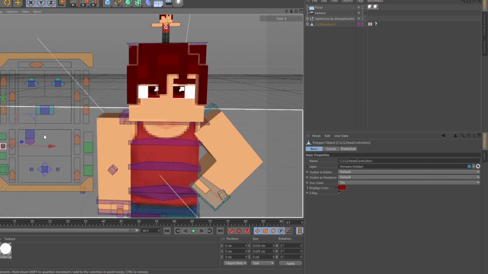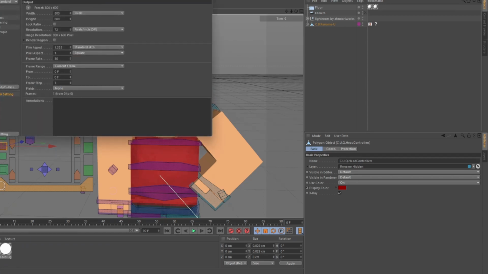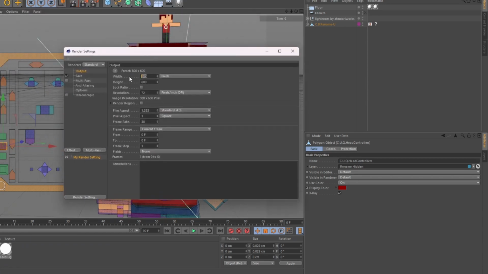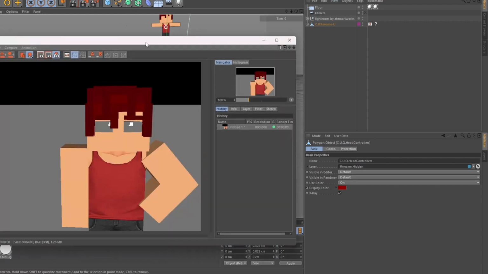Just gonna turn that off. And I'll show you why I use Paint.net. Normally, you probably don't really need to. Actually, render settings, load, and then boom. And then sometimes